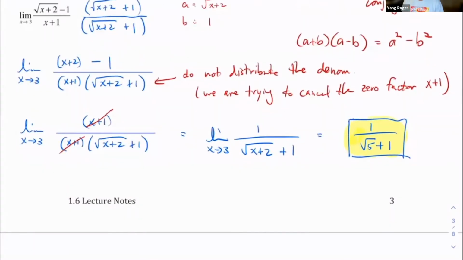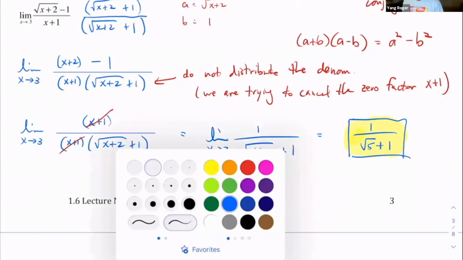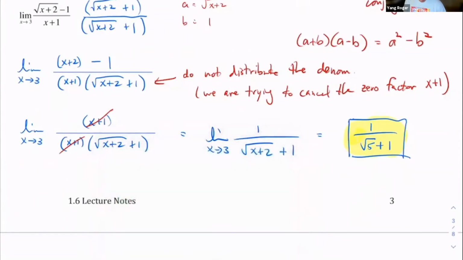If you had distributed, you would have gotten x times the square root of x plus 2 plus x plus the square root of x plus 2 plus 1. So this all over x plus 1, this is not helpful. I can't cancel this x plus 1 like I wanted to. The reason why,